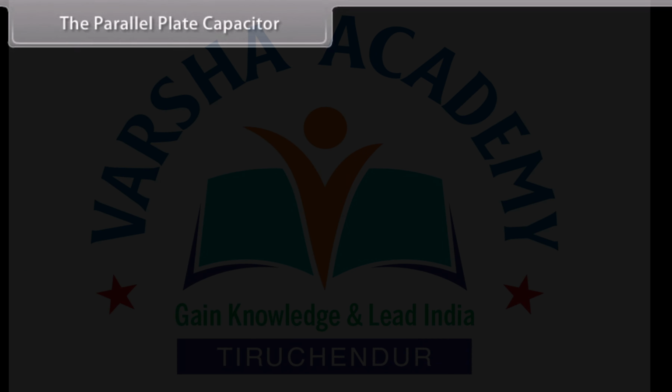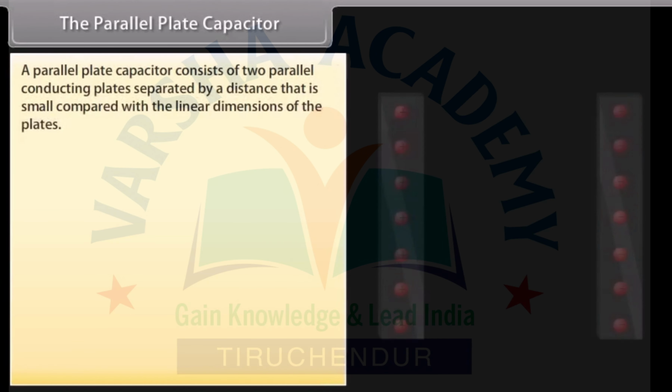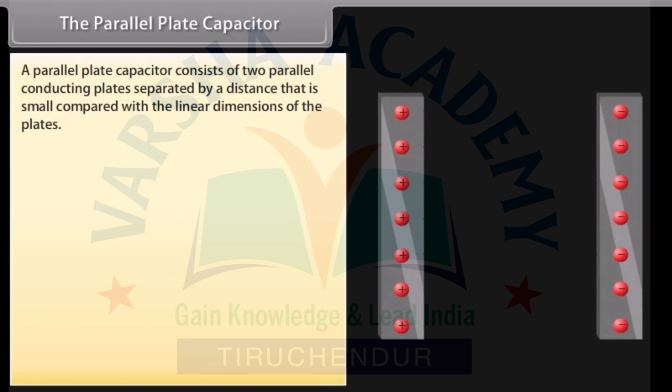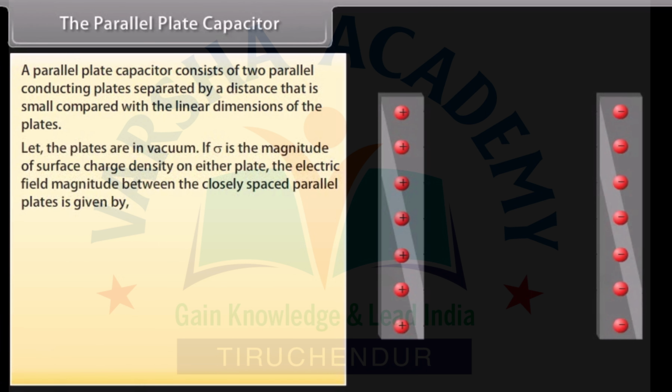The parallel plate capacitor. A parallel plate capacitor consists of two parallel conducting plates separated by a distance that is small compared with the linear dimensions of the plates. Let the plates be in vacuum. If sigma is the magnitude of surface charge density on either plate, the electric field magnitude between the closely spaced parallel plates is equal to sigma upon epsilon naught,